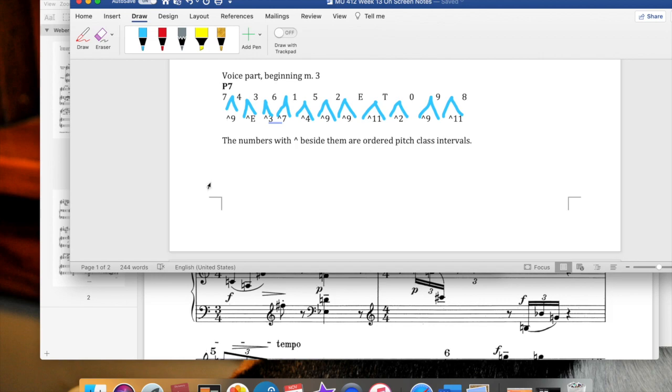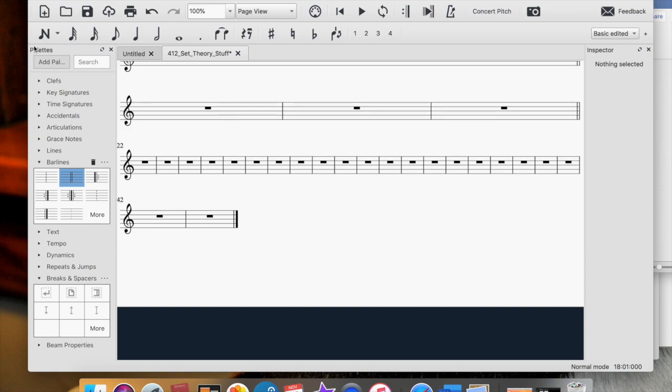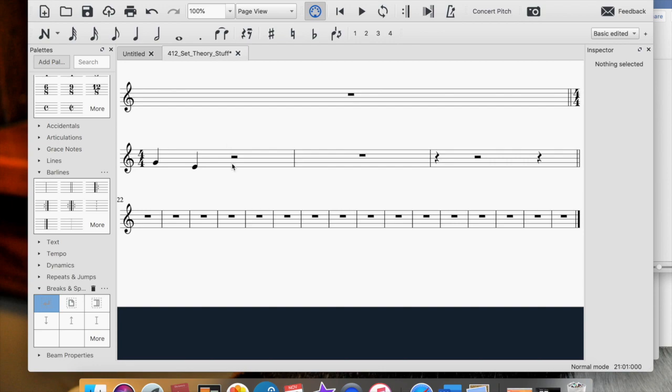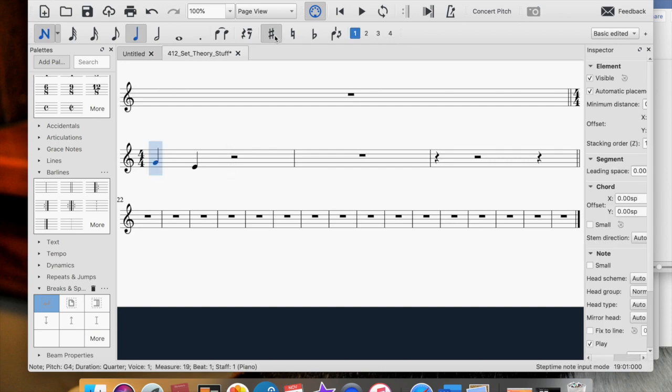Once we've done that, I think it's helpful then to sometimes look at subsets within the row. And to do that, I'm going to start putting these notes on a staff without any rhythm or anything, just to look through them. So let's go ahead and start putting the notes of the row on a staff so that we can look at it in order. We go from G down to E. We go up to D sharp from there, way up here. And up to F sharp from there.